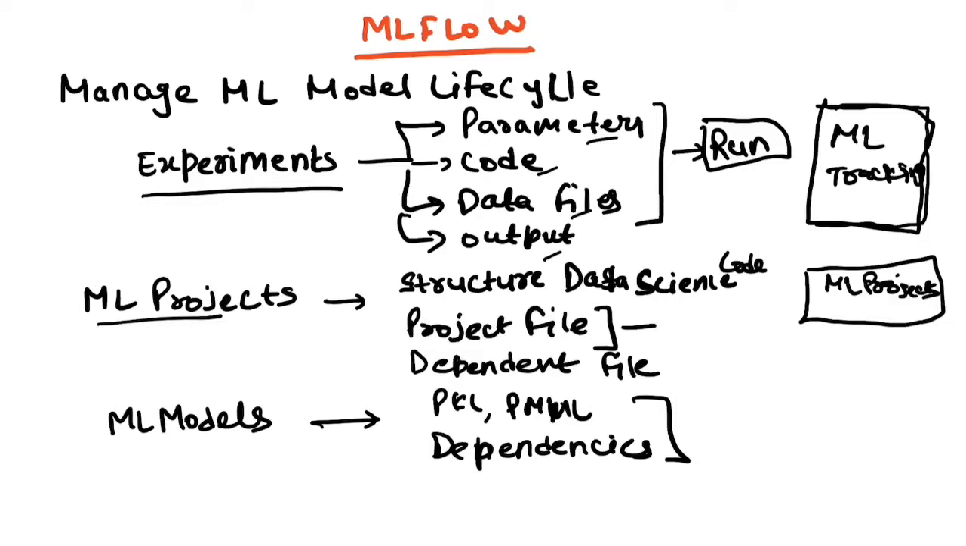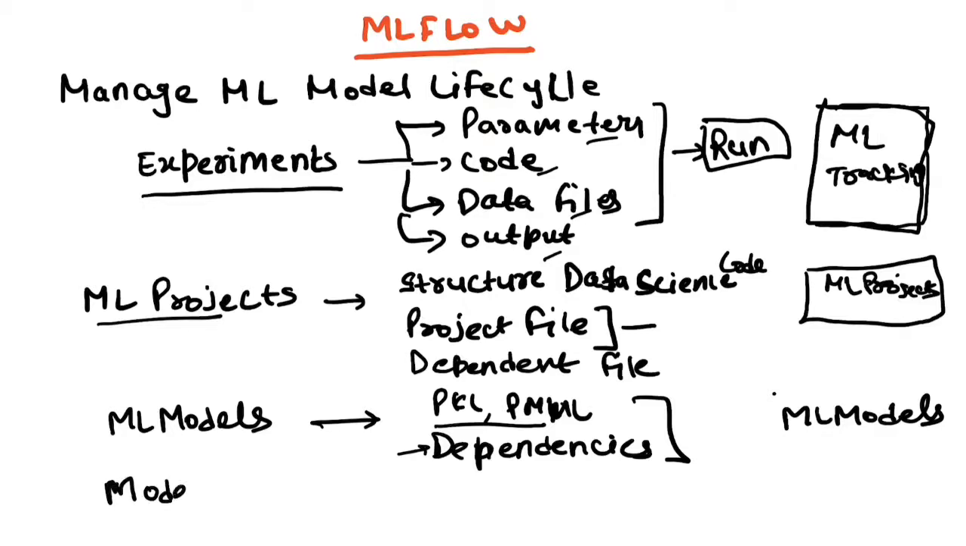So you can think of it as a configuration file or a YAML file, which contains all the dependencies to run this pickle or PMML model whenever this model has to be served either online or offline. So this component is called ML model. This is the third component, and one of the last components is the